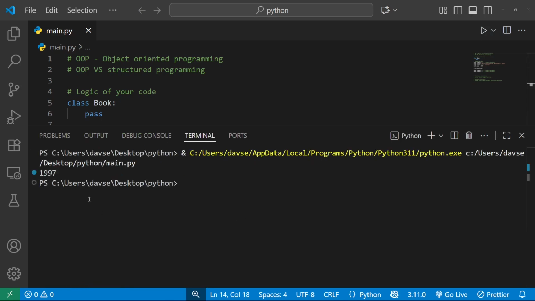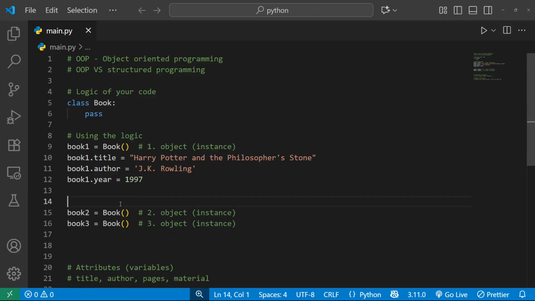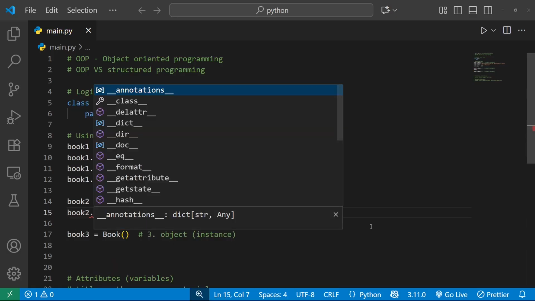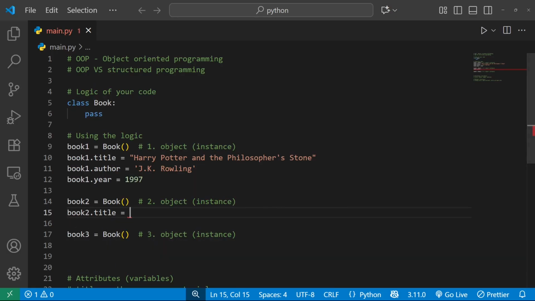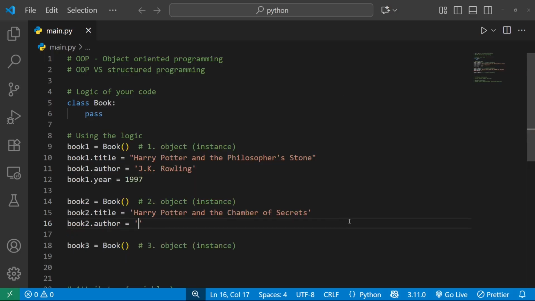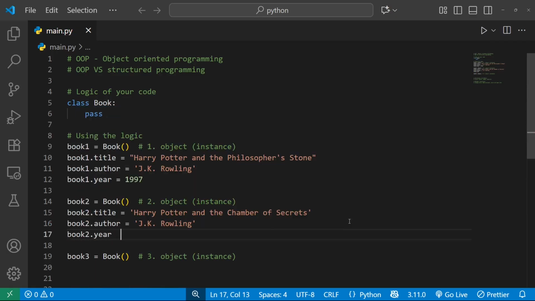Perfect. So now we can do that with other books as well. This is the first book. I will put the second book here, and it goes exactly the same. It's Harry Potter and the Chamber of Secrets. After that, book 2 author will be again J.K. Rowling, like this. Book 2 dot year will be